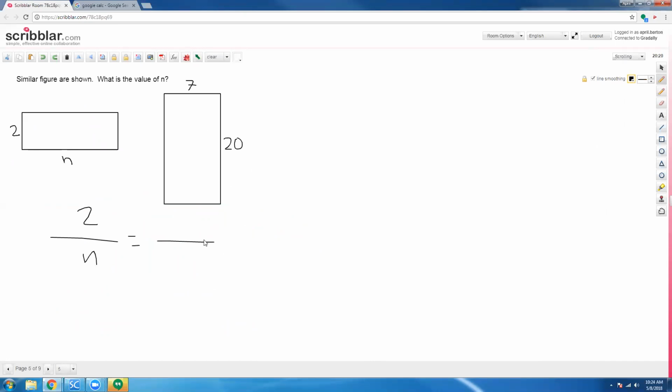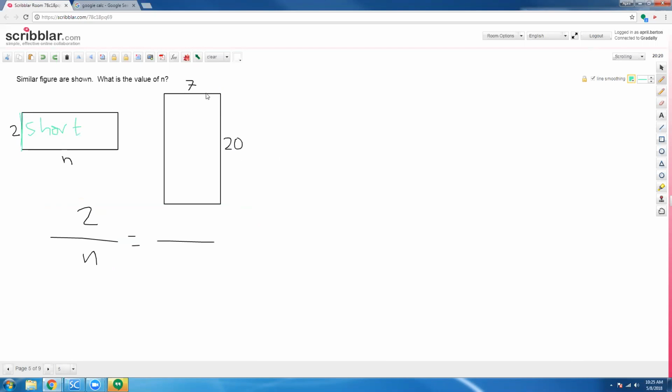Our second rectangle, we have to do the corresponding pieces. We can't just go, well, 2 was higher than n, so this is definitely 7 over 20. We have to look at the corresponding pieces and say 2 is our shorter side of our rectangle, so it has to correspond to the shorter side of the other rectangle. So which one is the shorter side of the second rectangle? 7. No, 2 answers. We had a couple people say 7, a couple people say 20. So shorter side,